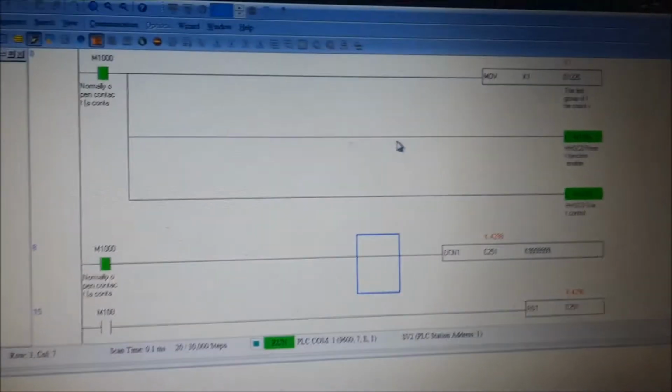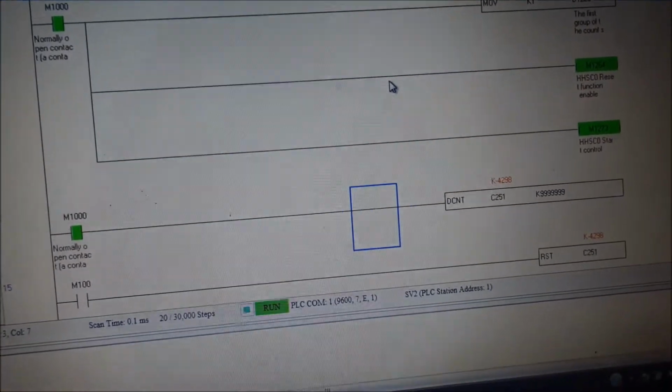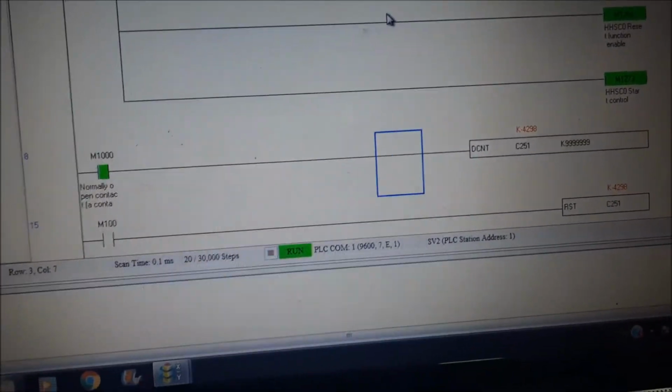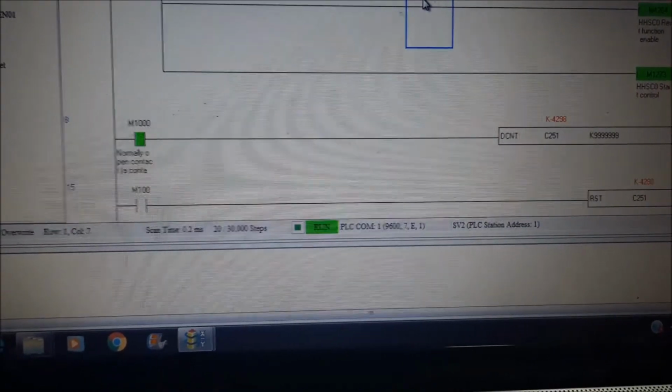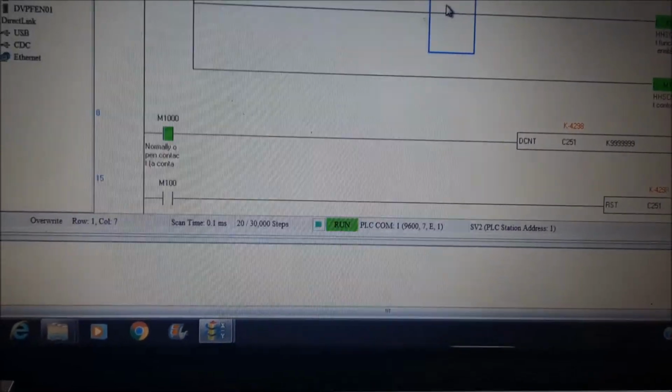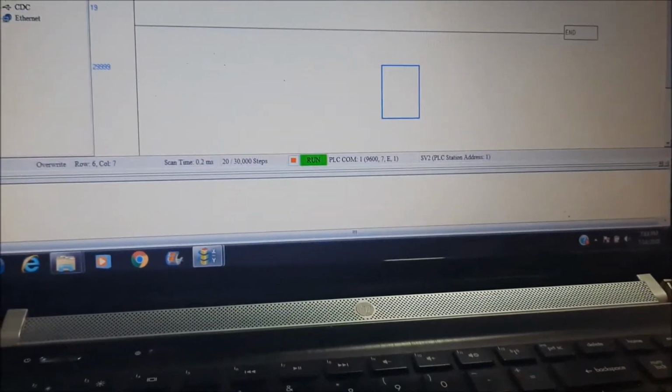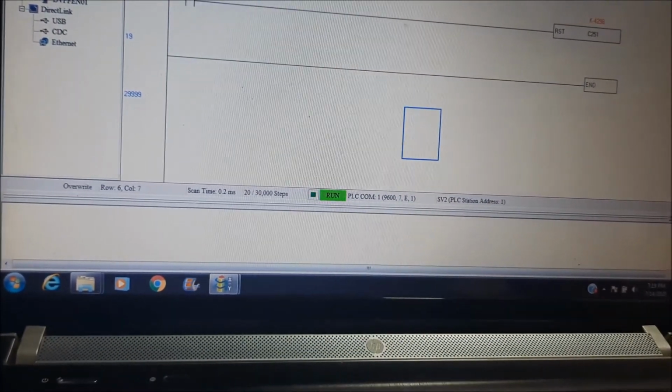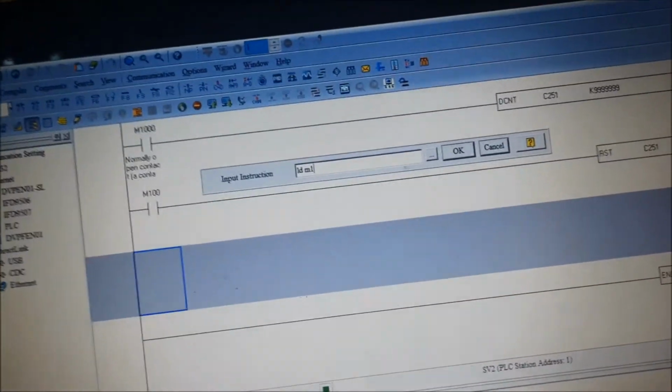We have seen the single phase counting and double phase counting. Suppose you have already used C235 somewhere for some other application. Then what will happen?